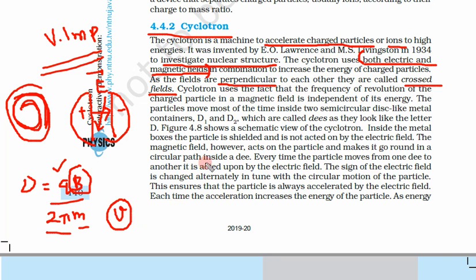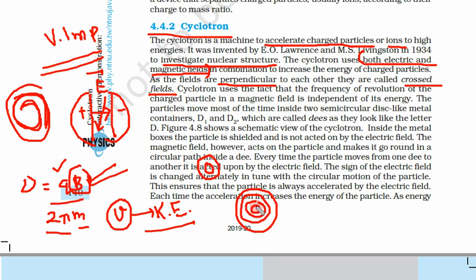That means whether it moves in a small circle or in a big circle, that only depends on the magnetic field. Listen to this once again. What I am trying to say is that frequency, that means how many oscillations it will do, is independent of its velocity. So frequency will not change if the velocity or energy is large. Velocity is energy, kinetic energy. If velocity is large, the circle would be larger. If velocity is less, the circle would be smaller, but frequency will remain the same.